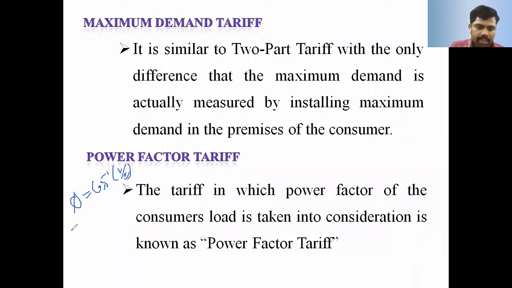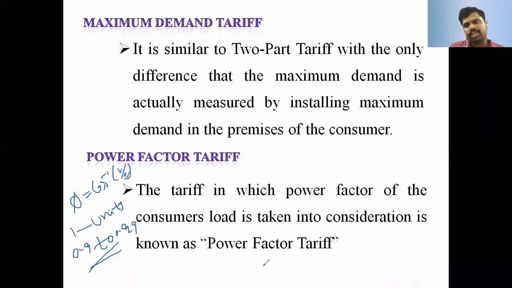Theoretically, we study the unity power factor, that is 1. But practically we get 0.92, 0.99 or 0.98. Whenever it decreases to 0.9, that means it is going to a lagging power factor. Due to that, a number of problems arise in the transmission line, the distribution line, as well as for the consumers. Few of the industrial consumers are billed based upon the power factor.